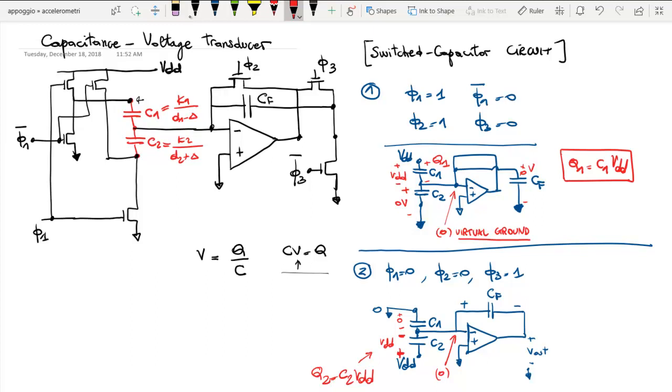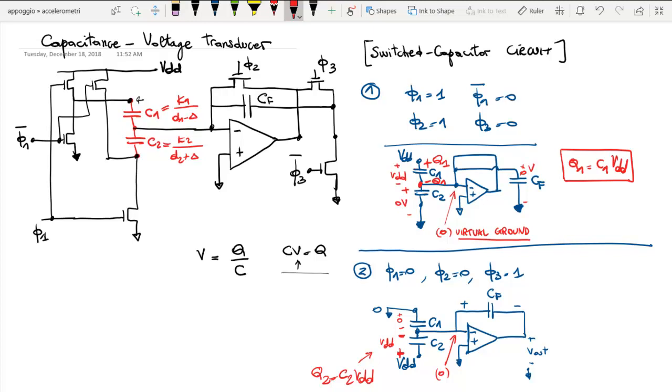Okay, now let's focus on that part. Now, if there is a charge Q1 on this capacitance C1, what we see is that, for example, there is a charge that is plus Q1 on the top, on the positive plate, and it is equal to minus Q1 on the negative plate. So the charge on this node was minus Q1 in total, because on the top plate of C2 there was no charge, because C2 was at 0. So we had initially a charge on this node which was equal to minus Q1.